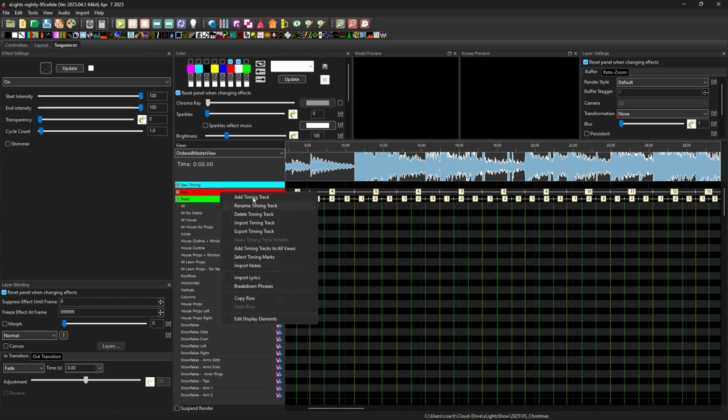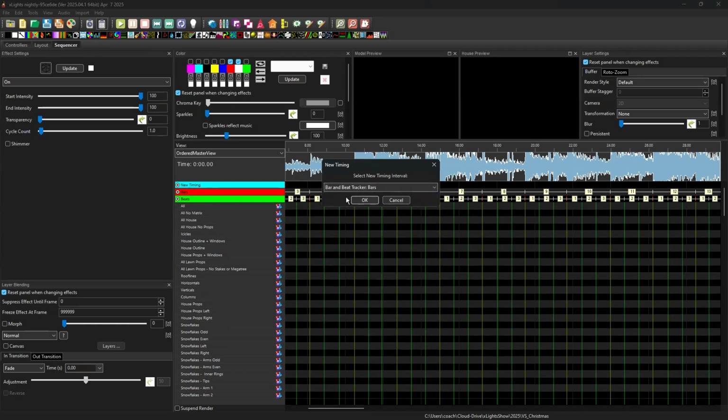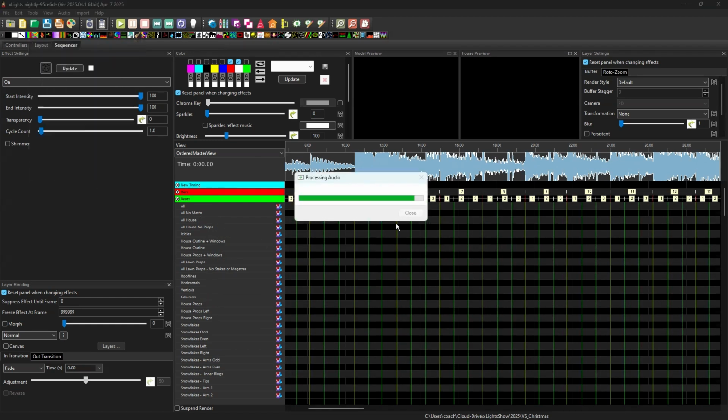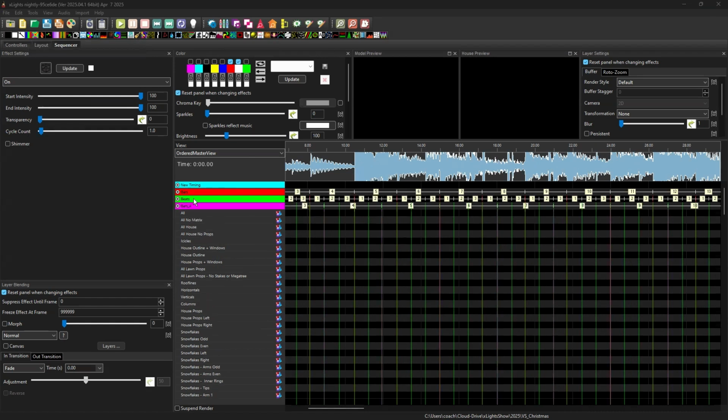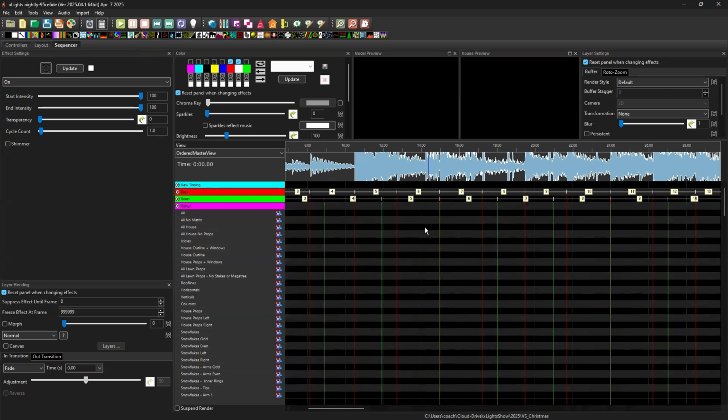So if you've ever tried to sequence it and your bars just seem off a little bit, like if we add another bars one to demonstrate this. Call this bars 4. We're going to set this back to 4. And just to make it a little clearer, I'm just going to delete the beats one for now. All right, so you can see how